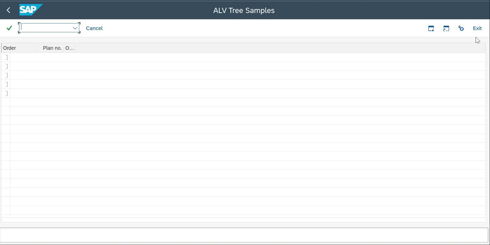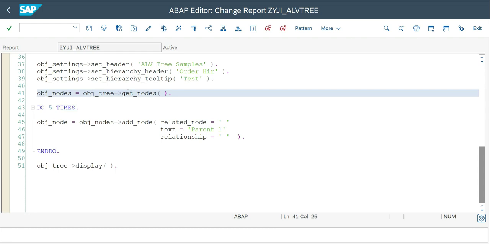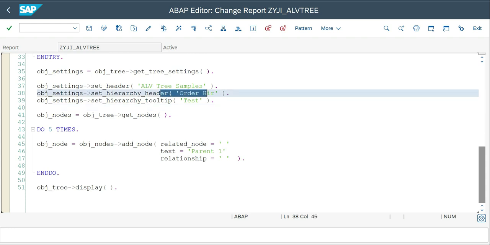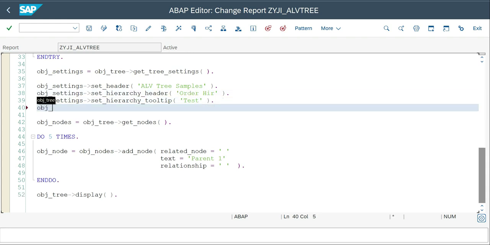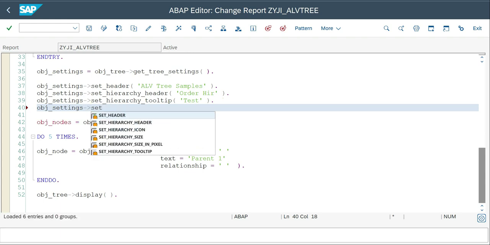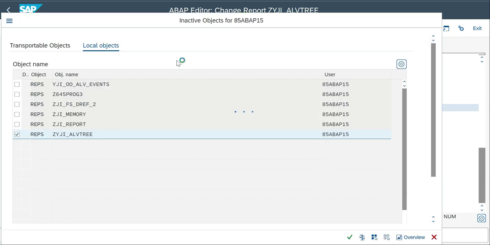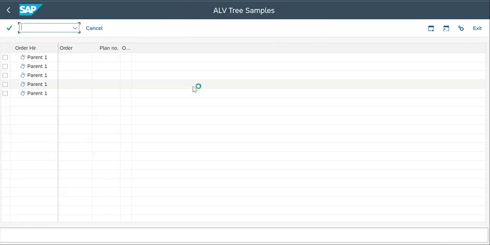I think I missed one thing. I didn't give the size of my hierarchy column. I have set everything, the header, tooltip and all, but I didn't set the size. So in settings, set hierarchy size, it's going to be 10. Okay, I'll go with 20. Activate and execute. Here you're able to see the order hierarchy, the text I have given,